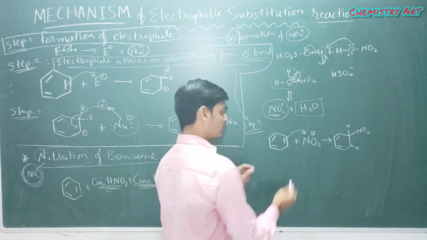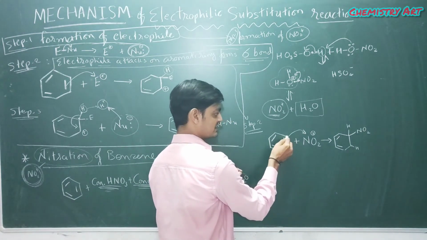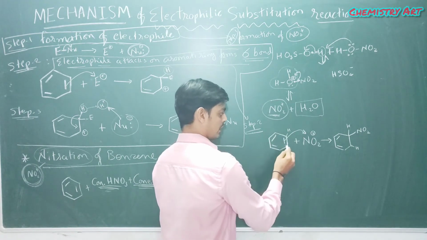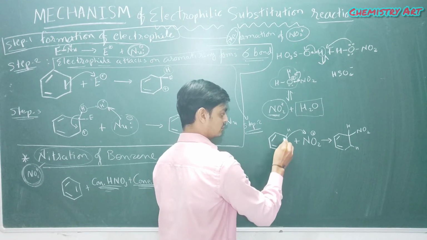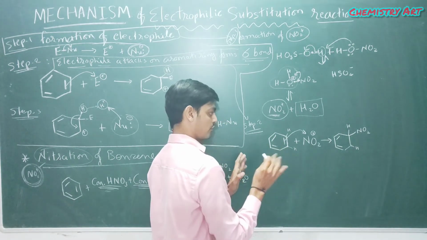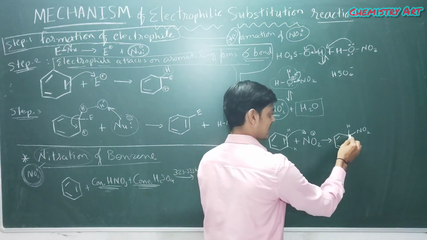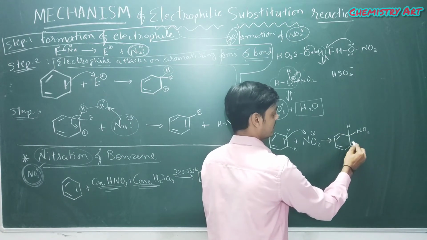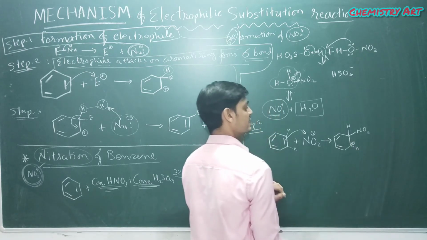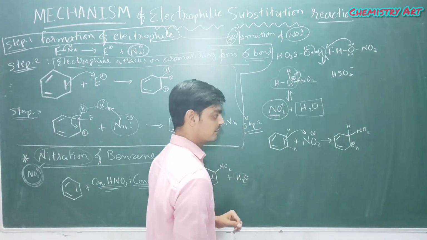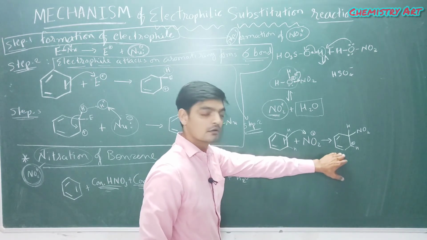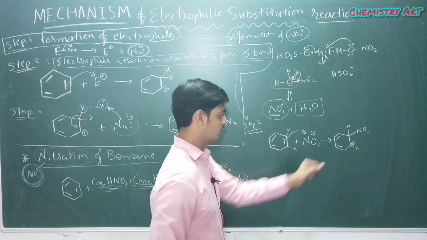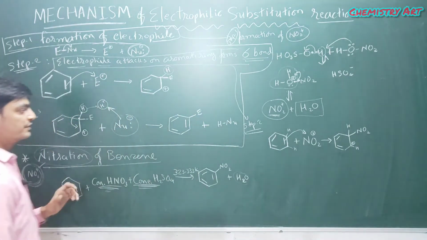Okay, so what about this carbon? See the valency of this carbon: 1, 2, 3, 1 hydrogen was there, 4. About this carbon, 1, 2, 3, 1 hydrogen was there, 4. But now this carbon is having 4 valency, so there is no problem. But here you can see that the carbon is becoming positively charged. So here aromatic carbocation is formed. Okay, so in this step 2 we were getting the positive charge.